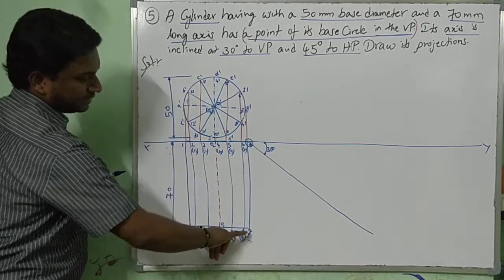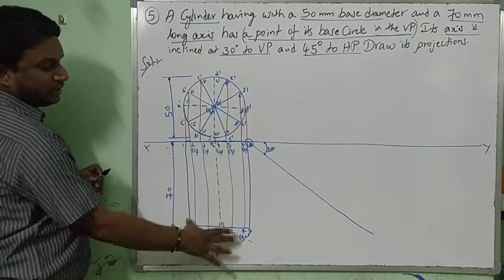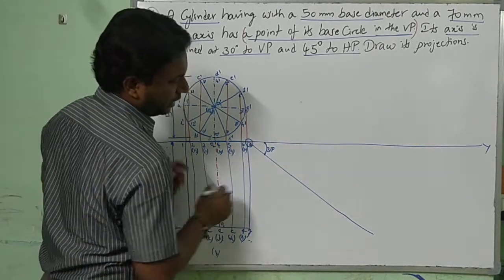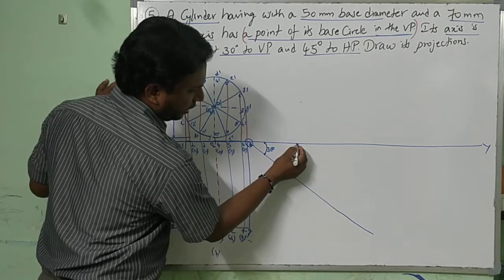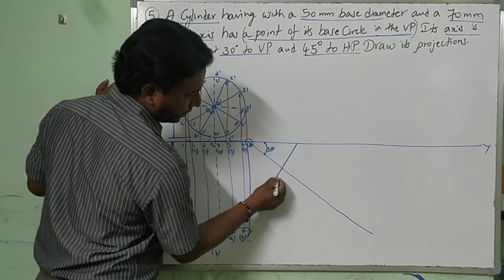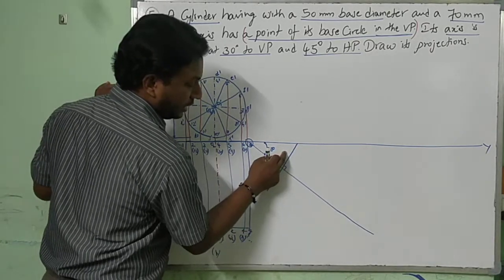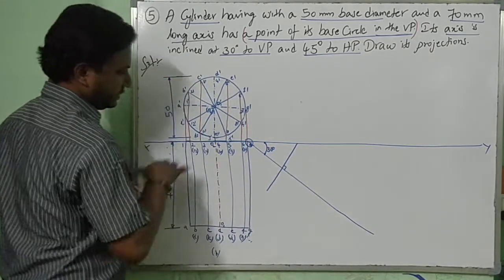So this length, you know what that is? It's nothing but the diameter 50, right? When you are trying to draw a 50 mm line, try to draw a 50 mm line here. It should be 90 degrees here, such that 25 comes here and 25 here, the same length.